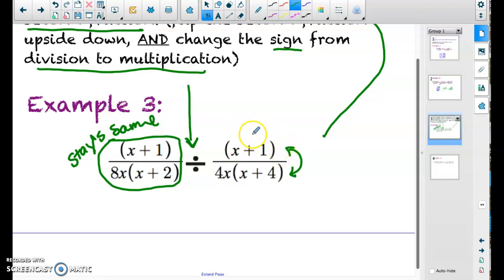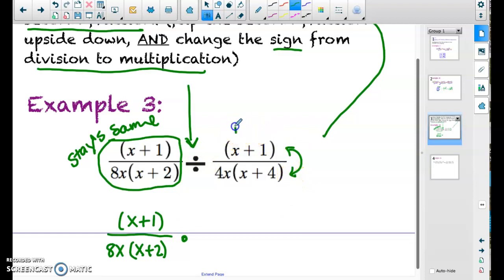This one gets flipped and this turns into multiplication. Okay, so I'm going to rewrite my entire problem. In the numerator here I have an x plus 1 over an 8x times an x plus 2. Notice I did not change anything about that first fraction. Now I'm going to switch this sign to be multiplication, and I'm going to flip this second fraction upside down,